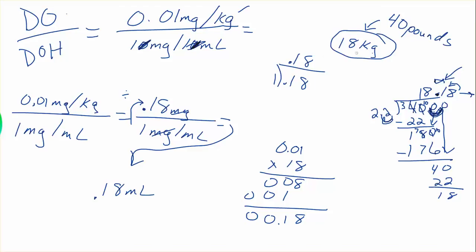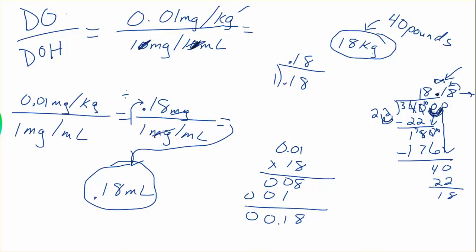So for each and every kilo of body weight, for 1 kilo of body weight, we're going to give 0.01 milligrams of a medication. So we've got to take the 18 and we have to multiply it by the 0.01. And you can see I've worked this out here. 8 times 1 is 8. 8 times 0 is 0. 8 times 0 is also 0. 1 times 1 is 1, 0, and then our last one, which would be 0. And we're going to bring all this down, and you're going to see the 2 decimal points. We're going to move it over 1, 2, and that means that our answer, what you should have come up with, was 0.18